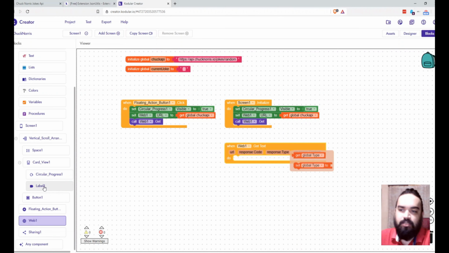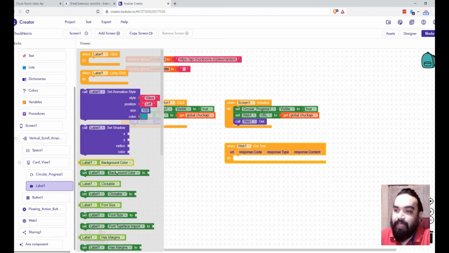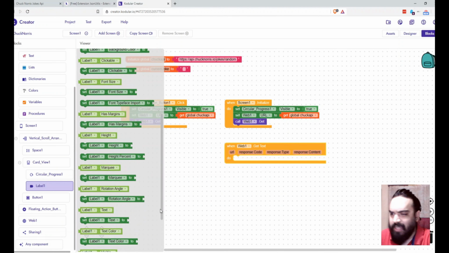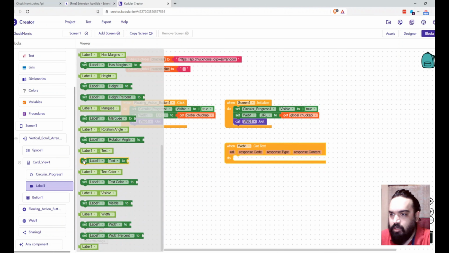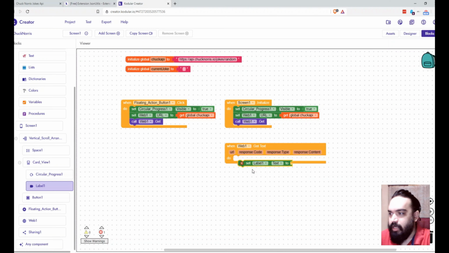Make sure you click on label 1, and then find label dot set text. This is the one, and you assign this here, and once you have that set there, what you have to do is parse the JSON and get the value of the joke.